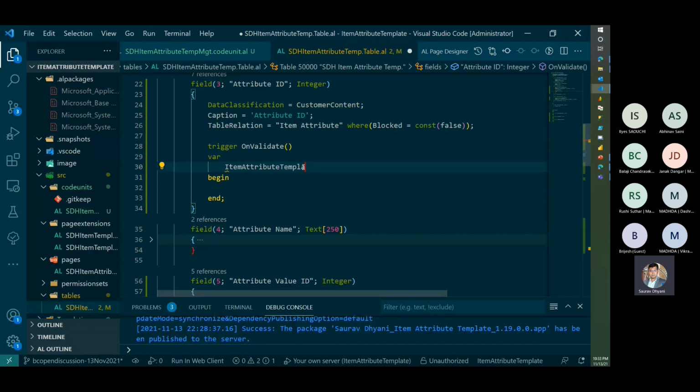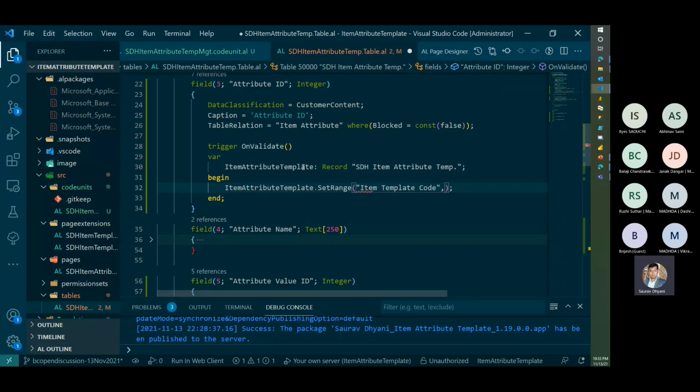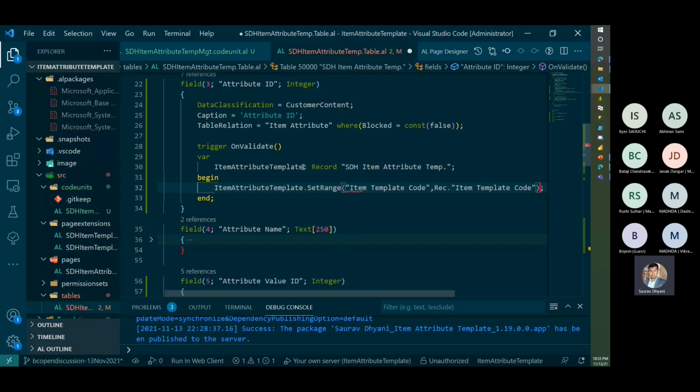Attribute template, which is the current record. Template, okay. And then based on the template, I just need to do a set range on my item template code, which is my rec.item template code, and then